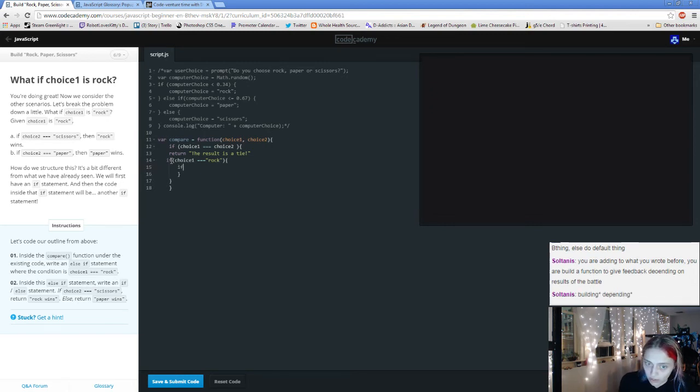This is getting deep. Yep, exactly. Okay, good. Choice 1 equals rock. Type else if statement, right? An if else statement, just another, yeah. If